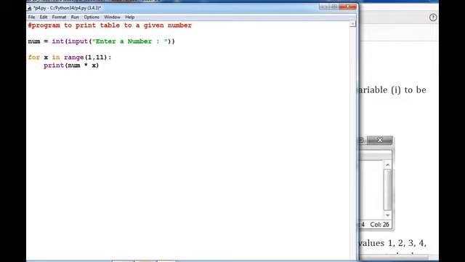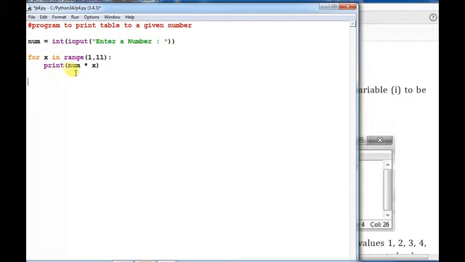Okay, so look at the logic of this statement. The first line will accept the value at runtime, and the for loop is x in range 1 to 11. Range will generate the values from 1 to 10, and in every iteration num will multiply with x. The very first time 1 will be assigned into x, in the next iteration 2 will be assigned into x.